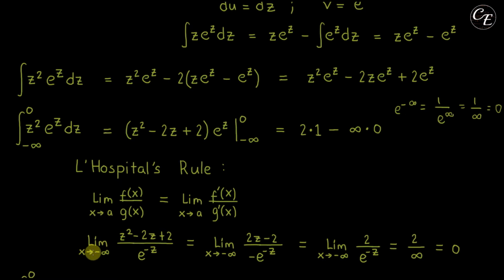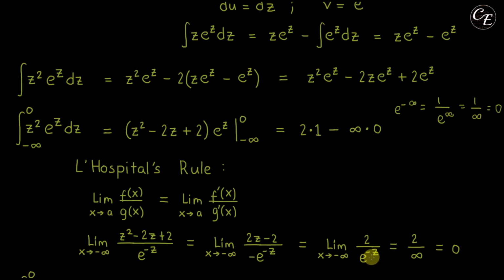Then as x approaches negative infinity, which is this one. Then from here, it is equal to the limit of the derivative of this one, which is 2z minus 2. Then the derivative of this one is negative of e raised to negative z. Then let us again apply this rule in here. We'll get the derivative of 2z minus 2 is just 2. And then the derivative of this one is negative of e raised to negative z,